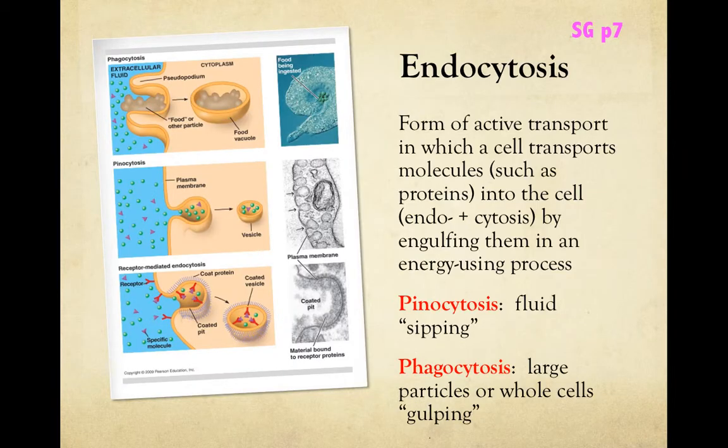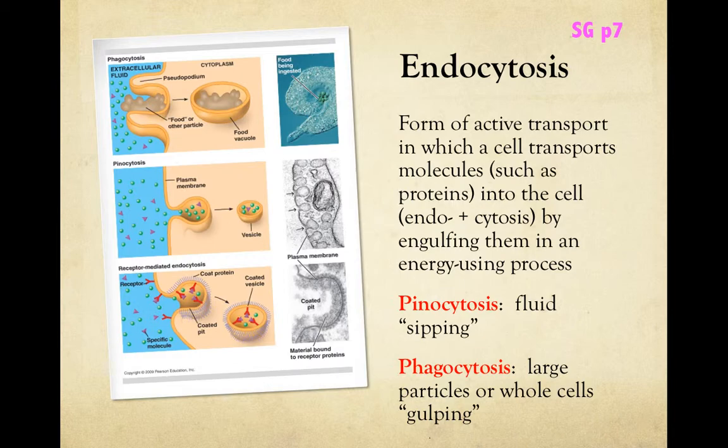So endocytosis is active transport, where we have to move something into the cell with the use of energy. What happens is there might be a particle outside the cell that we want, and the cell is going to come in contact with that particle, wrap the membrane around it, pinch it off, and pull it into the cell. So now you have this membrane-bound package inside the cell, and it will go to the organelle that it wants. Maybe it goes to a lysosome, and those membranes merge together,